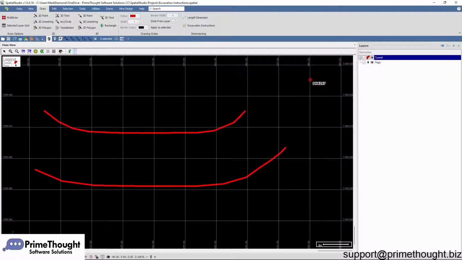In this video, we will go over how to use the Excavation Instructions tool in our spatial products. The Excavation Instructions tool allows you to generate instructions for an excavation between two line string borders relative to a working line. It allows you to give instructions as to distances to the left and right from this fixed line,